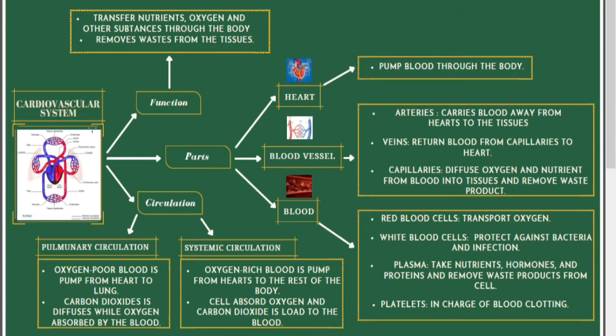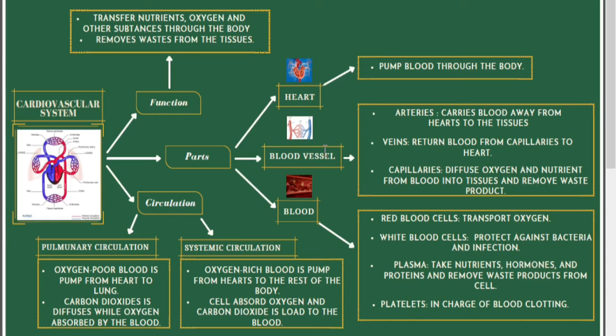Cardiovascular system is a system where its function is to transfer nutrient, oxygen, and also other substance throughout our body. And the second is to remove waste from the tissues. So next are the parts involved, which are three main organs: heart, blood vessel, and also blood. The function of heart is to pump blood through the body, and the blood vessel